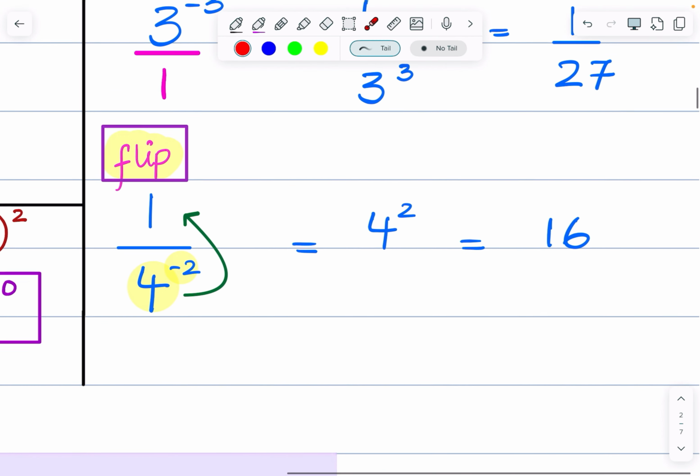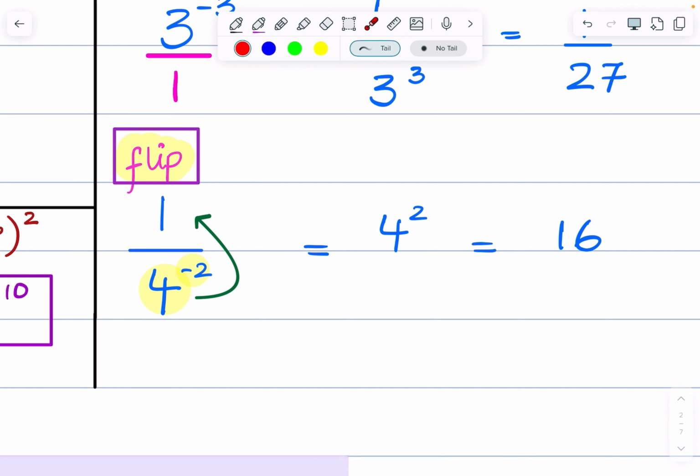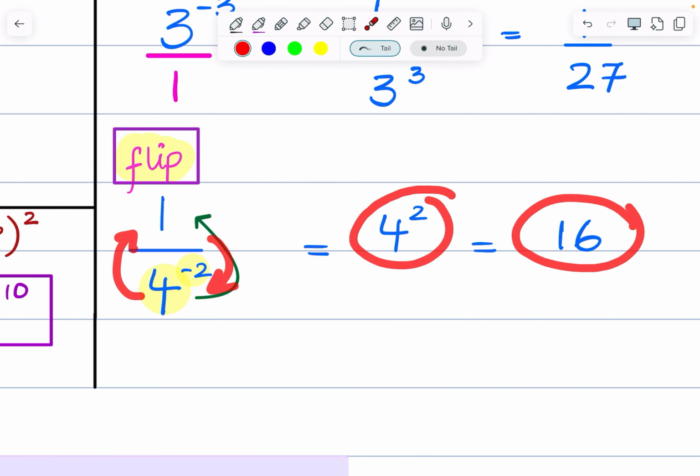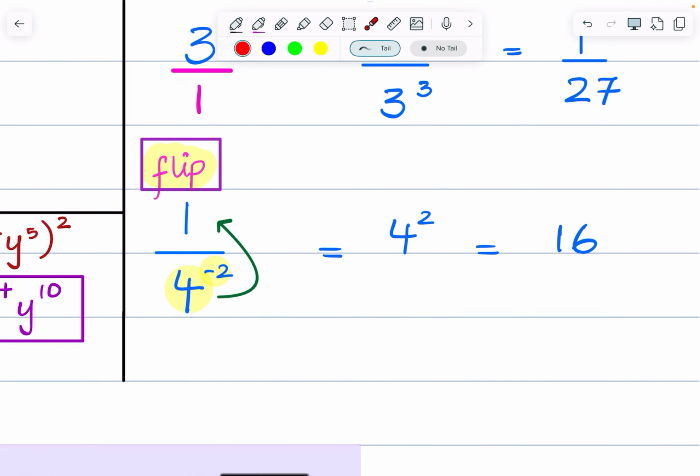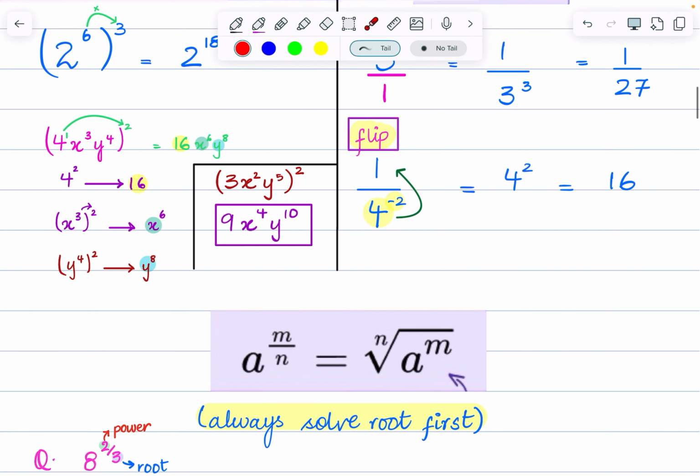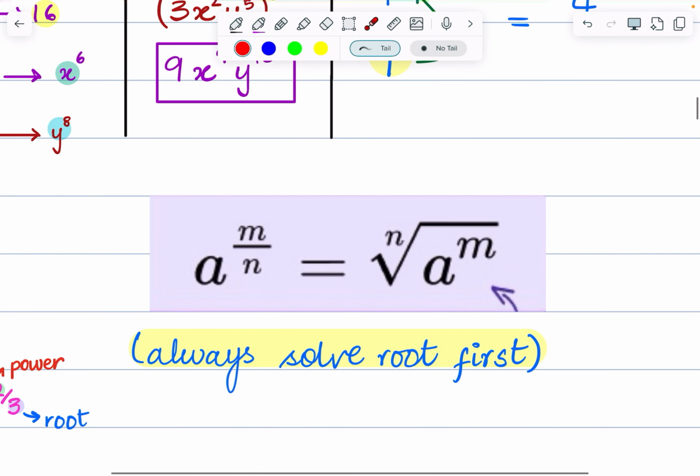Okay, let's say you have a case. Flip doesn't only mean that you're taking the numerator to the denominator. It could also mean you're taking the denominator to the numerator. It's 1 over 4 raised to the power minus 2. You want to make it positive. You flip it, you take this up, you bring this down, it would become 4 square, which is 16 as your answer. Clear? Done. Simple and easy. Moving forward to the next rule, which is very important, very easy.